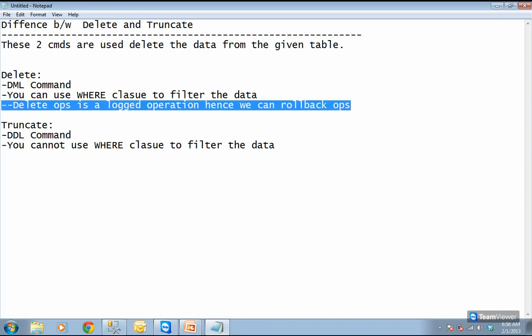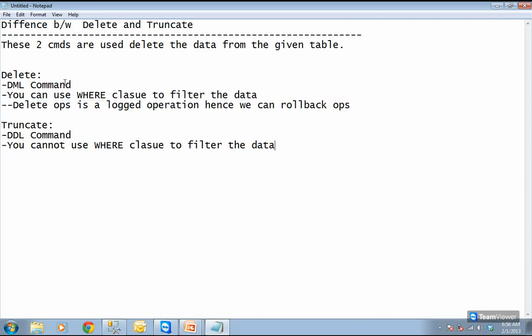What about the truncate command? It is a non-logged operation, hence we cannot roll it back.